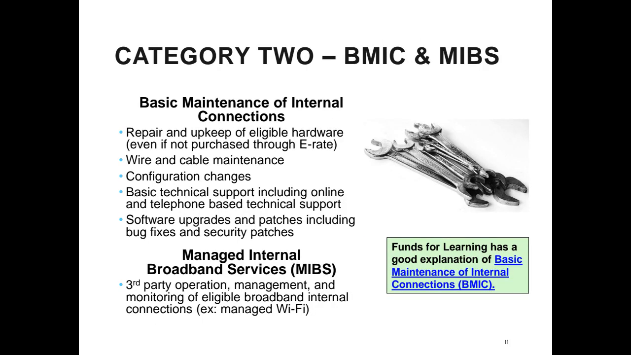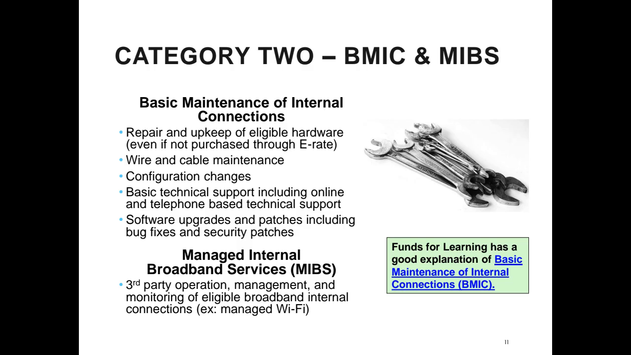All right. Next up in category 2, we have basic maintenance of internal connections. So this would be repair and upkeep, software patches, configuration changes, basic technical support for the equipment that's eligible under internal connections. So often requests for basic maintenance cover manufacturer subscriptions for technical support and software patches. An example might be Cisco SmartNet for a firewall, and that's how you get the updated antivirus definitions and other